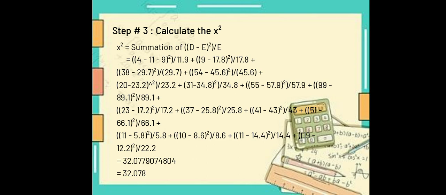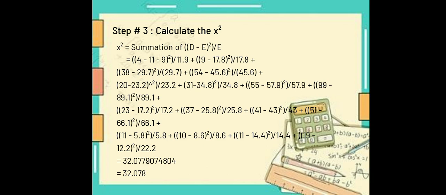So 4 minus 11.9 squared all over 11.9 plus 9 minus 17.8 squared all over 17.8 plus 38 minus 29.7 squared all over 29.7 plus 54 minus 45.6 squared all over 45.6 plus 20 minus 23.2 squared all over 23.2 plus 31 minus 34.8 squared all over 34.8 plus 55 minus 57.9 squared all over 57.9 plus 99 minus 89.1 squared all over 89.1 plus 23 minus 17.2 squared all over 17.2 plus 37 minus 25.8 squared